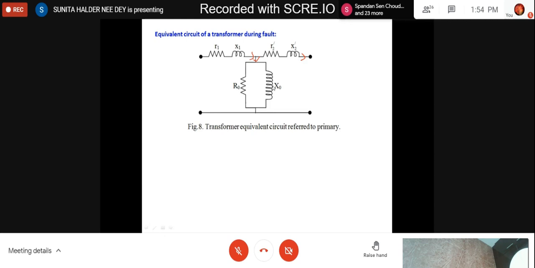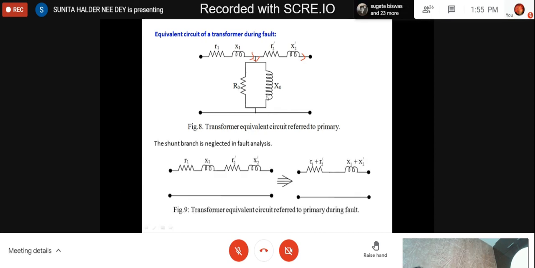So with that justification, we do not consider any shunt branch, even for a transmission line, when we analyze the fault. But when we represent it for the normal operating condition, then we have to consider all the things. How the transformer is represented for normal operating condition, we shall discuss only in the 4th year elective paper, for those who take power system as the elective. Otherwise there is no option to take that one.